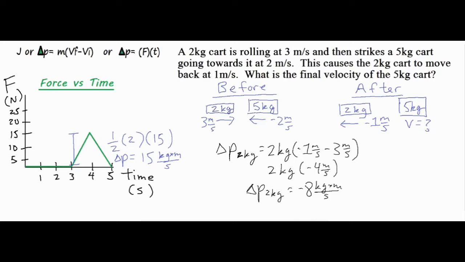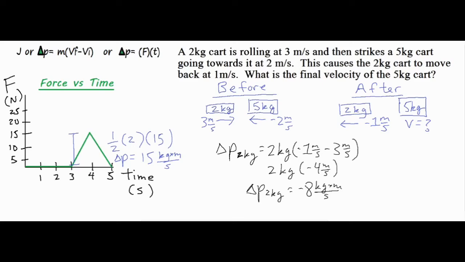All right, so I went ahead and set that up, and I have my mass of the 2 kilogram cart, which is going to stay consistent. And then it's Vf minus Vi. So here's my final velocity of -1 after the collision. So -1, and then minus my Vi. That was my original velocity before the collision. And then I just have -1 minus 3, and then 2 times -4, and I have an impulse of -8